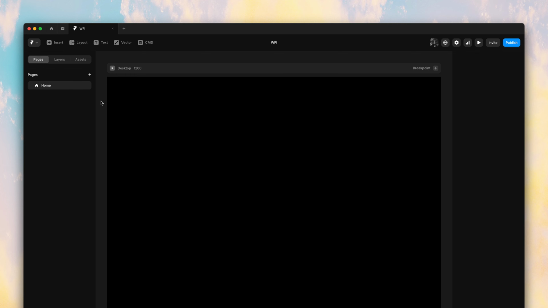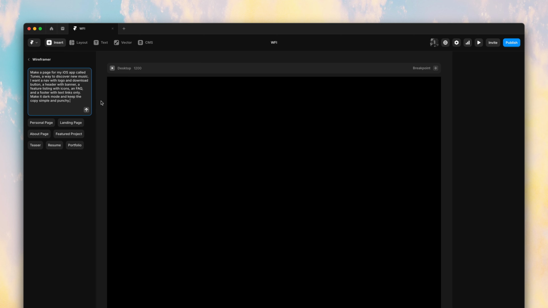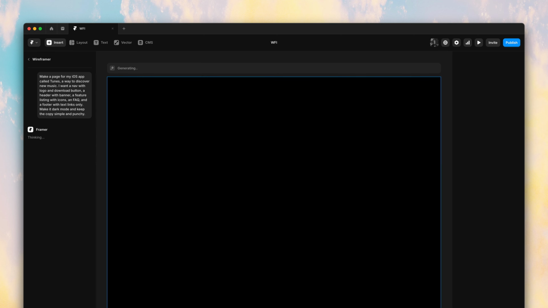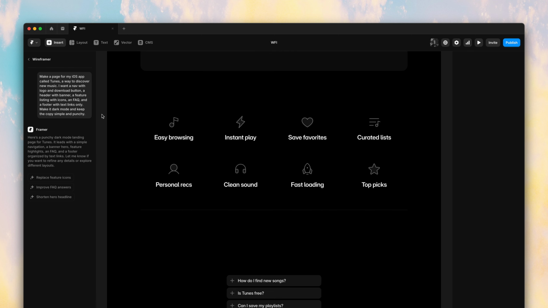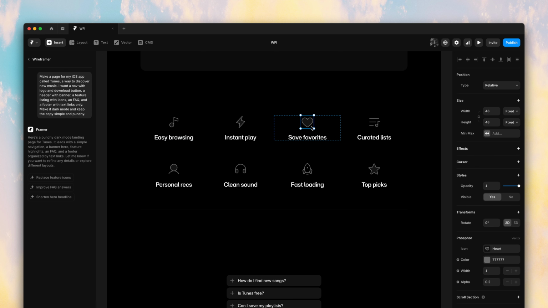I can bring up Wireframer by pressing W on my keyboard, and let's add our prompt. I want a page for my app allowing people to discover new music with a big feature listing where each feature has an icon. Wireframer can now pick icons from an icon set automatically, making sure they always match your